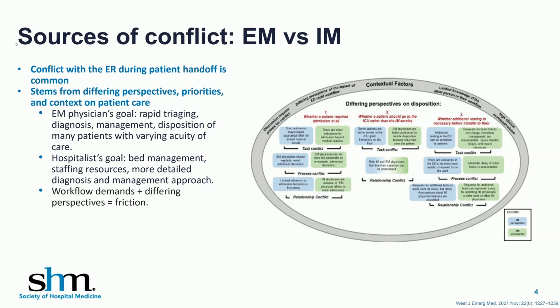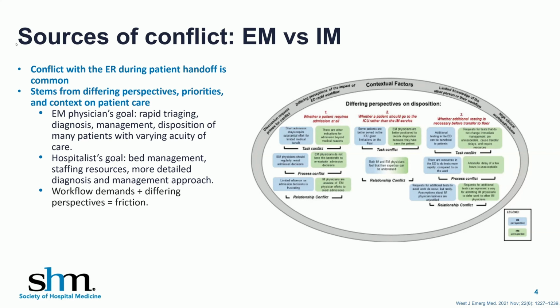As seen in this graph from this 2021 study, there are various types of conflicts in this regard. Whether a patient requires admission at all, whether a patient should go to the ICU rather than the IM service, and whether additional testing is necessary before transfer to the floor. To review the first point, which I think is more relevant to your scenario,